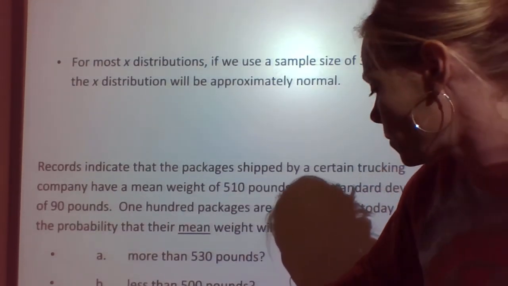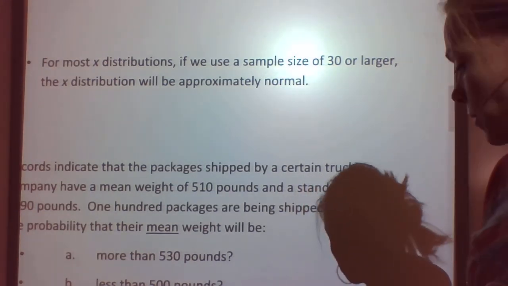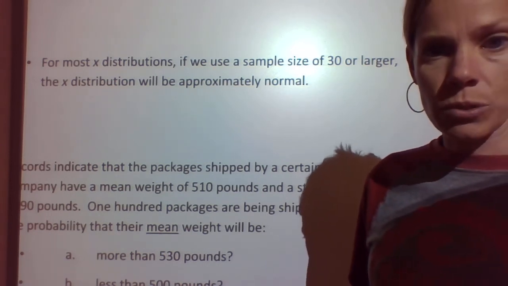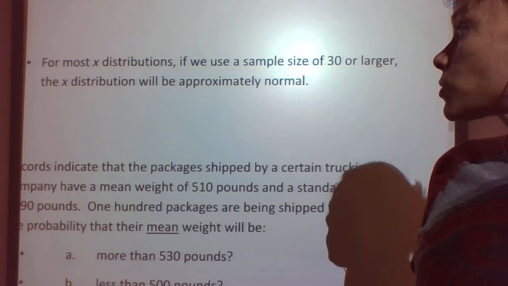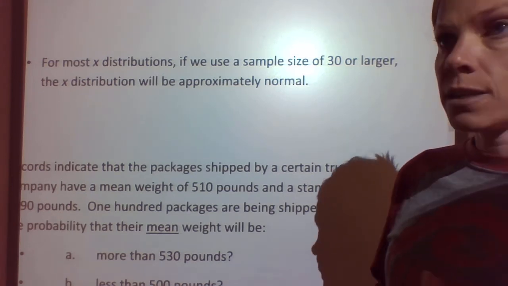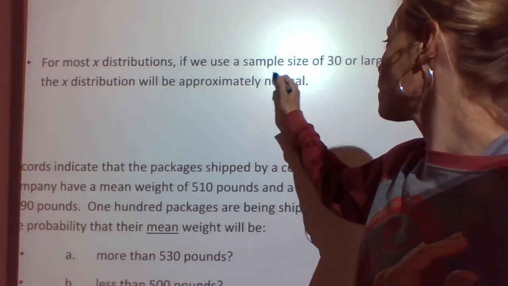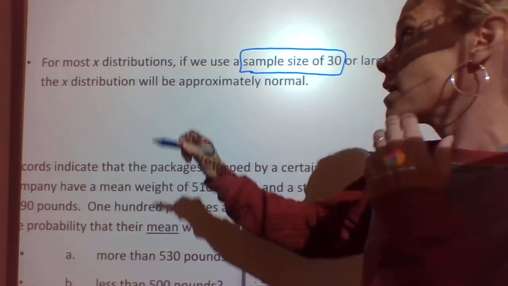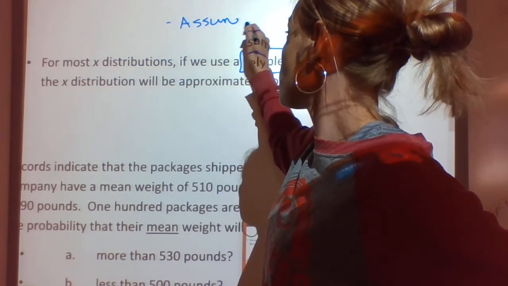Oh, and before we do another example, we need to stop and talk about something very important. How do you know to assume normal distribution? Okay, so in order to assume normal distribution, it either has to tell us it's normally distributed, or we have to have a sample size of 30 or more. So it either has to say, assume normal distribution,